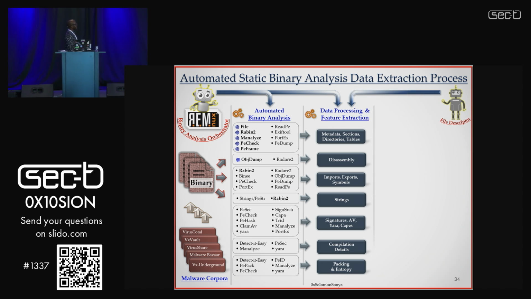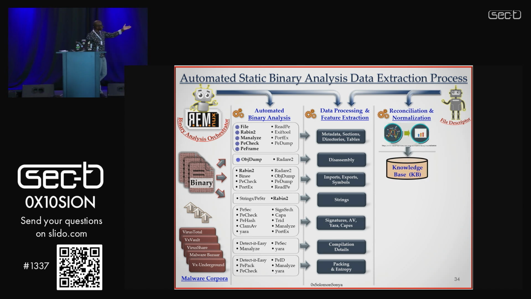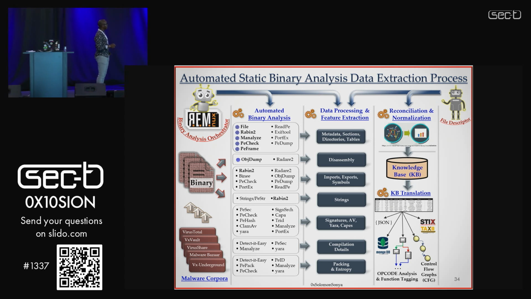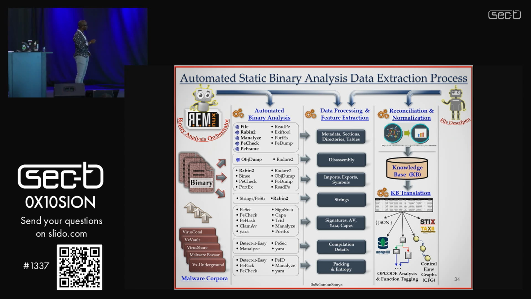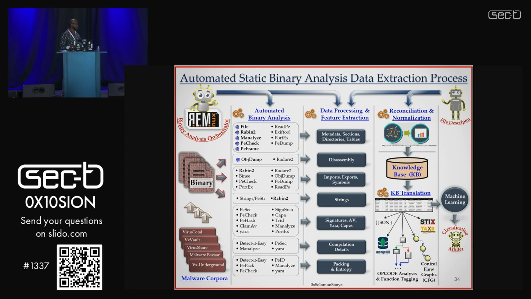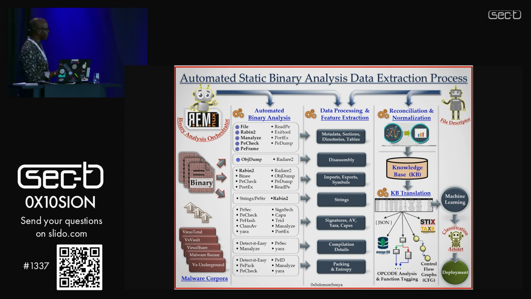And then when we have those features extracted, we introduce another agent called our file descriptor that helps us look at the data that's extracted. It puts it into our knowledge base. And then we take data from our knowledge base to translate it into a matrix. If we can translate our data from an executable over to a tabular form, then we're ready to pivot into our machine learning pipeline that we spoke about before, and then our final deployment with a classification agent in between.